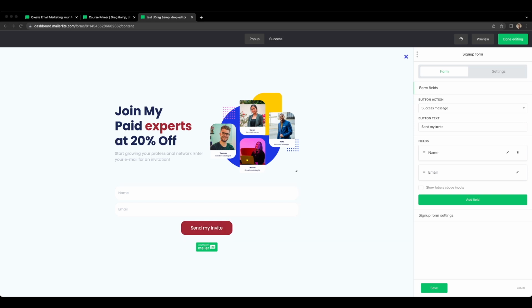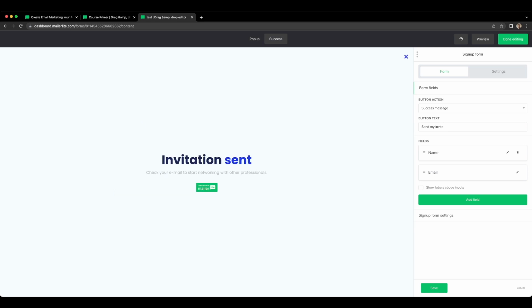Also remember to make changes to the success message that shows up after somebody signs up to your lead generation element, which is in this case a pop-up, and you can have something show up as soon as they take action. So this success message is what shows up after somebody signs up. You can also make changes to this particular success message from right here using the right side panel showing up. And once you're done editing, you can just click on Done Editing on the top right corner